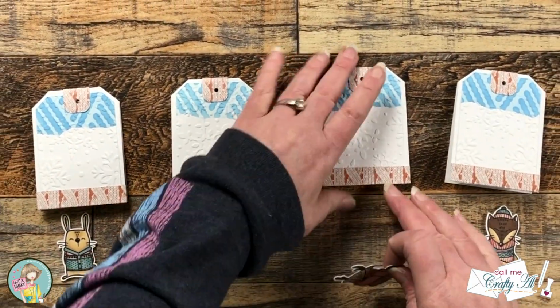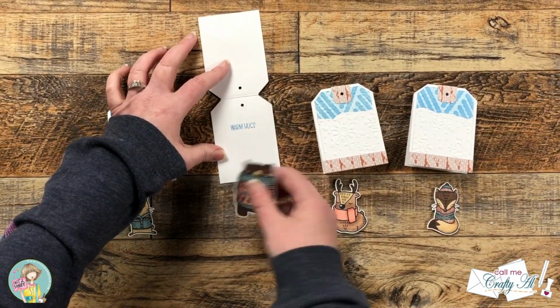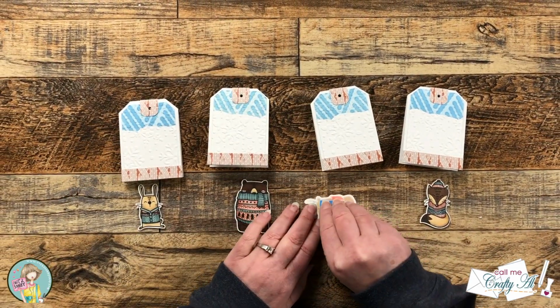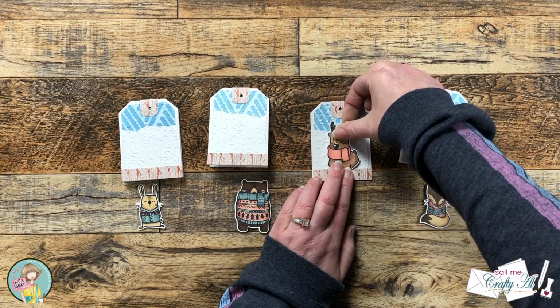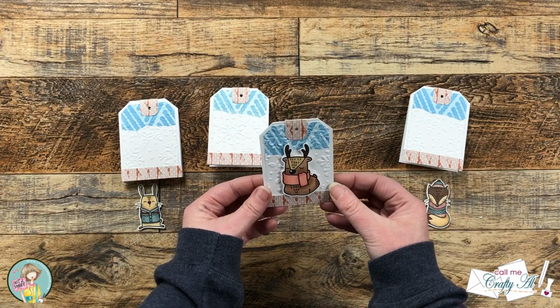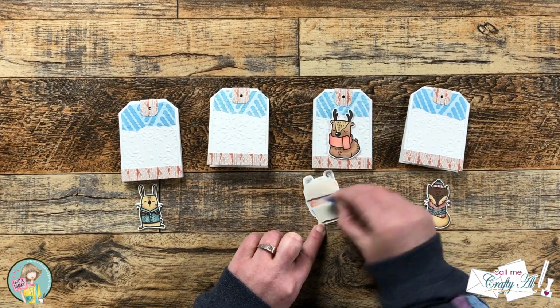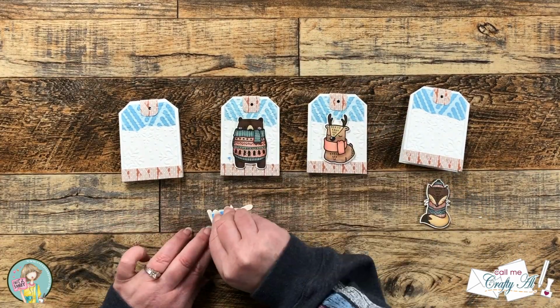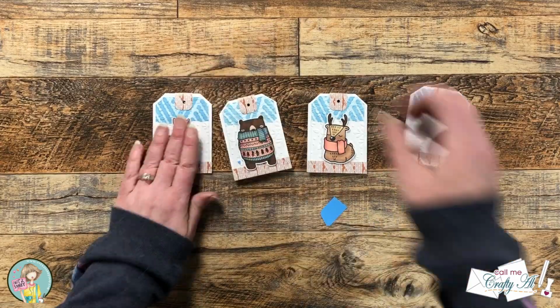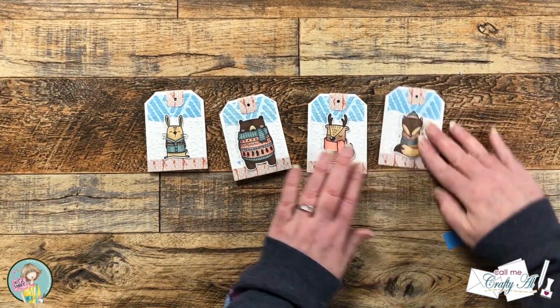Now let's get those cute little critters put on the card fronts. Off camera, I matched up the image with a message inside. Now the only one that was super important was the first one because the inside reads, "For a deer friend," D-E-E-R. And because that bear looks big and cozy and warm in that sweater, the inside of his says something about warm hugs. I added all 4 to the front with some foam tape,